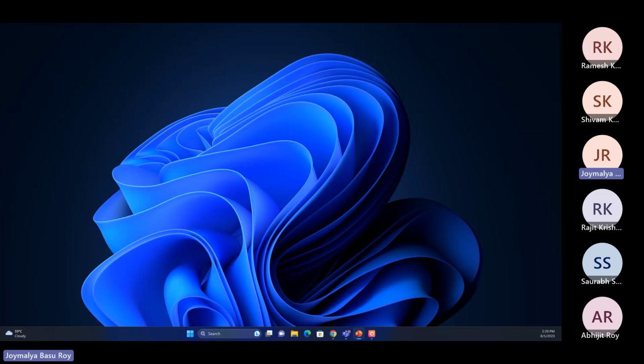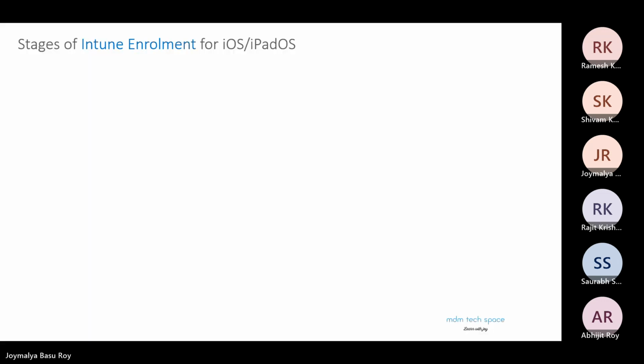So I am not actually going to show how you enroll a device, because I believe everyone has enrolled their devices at least one time, so you know how you download the Company Portal app and what steps you go through to enroll a device, right? सबका डिवाइस एनरोल्ड है ना एटलीस्ट? हाँ, एनरोल्ड है। और खुद ही किए थे ना, तो स्टेप्स तो मालूम है ना क्या क्या होता है। हाँ, किया तो था।